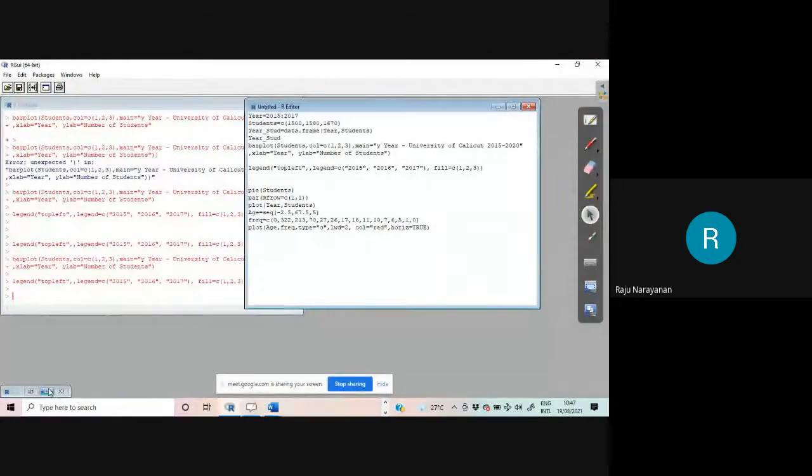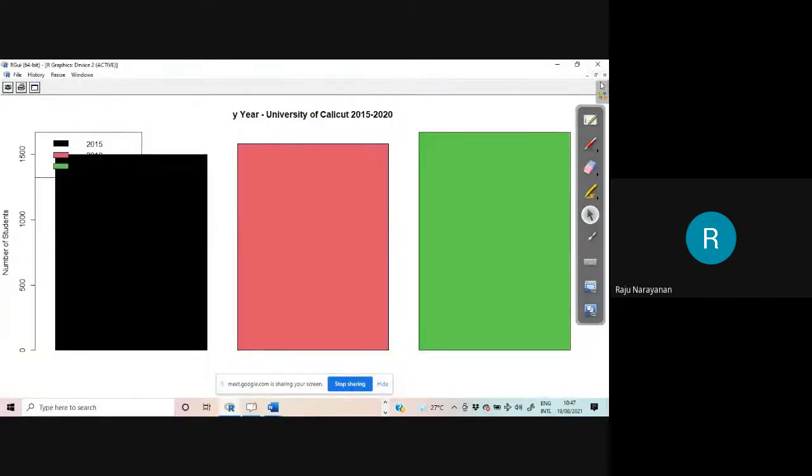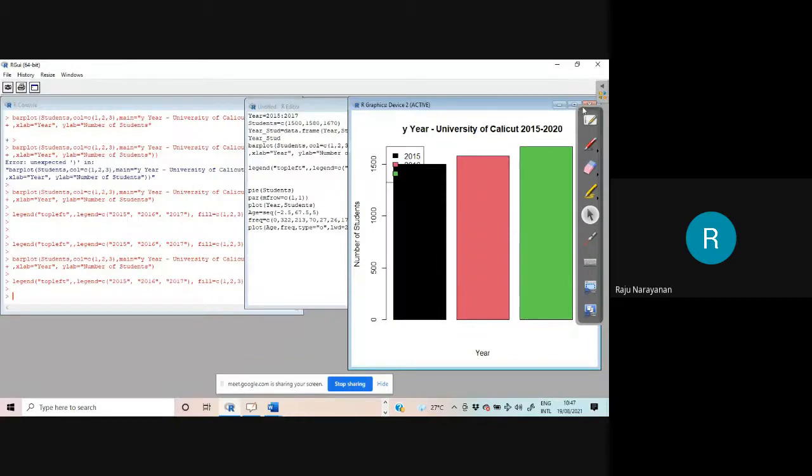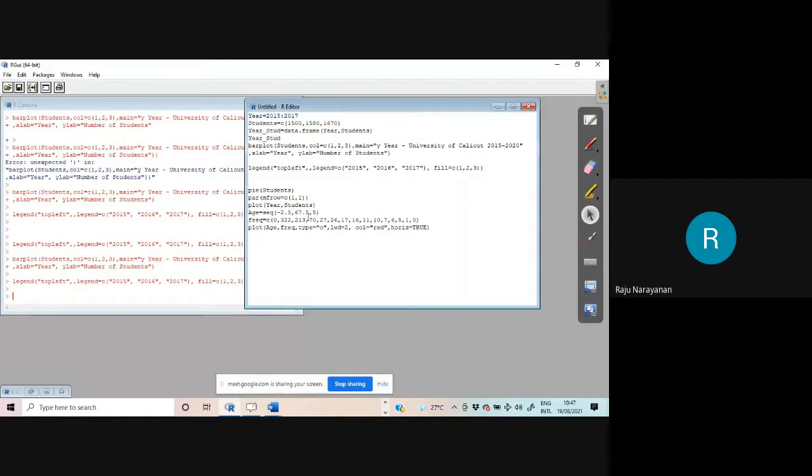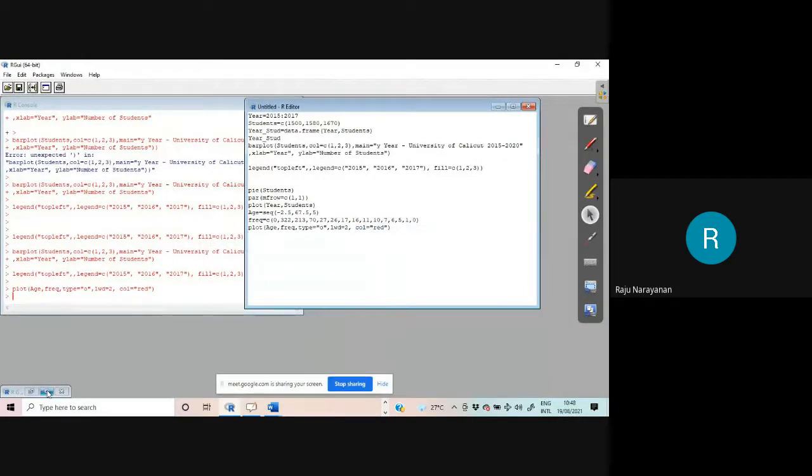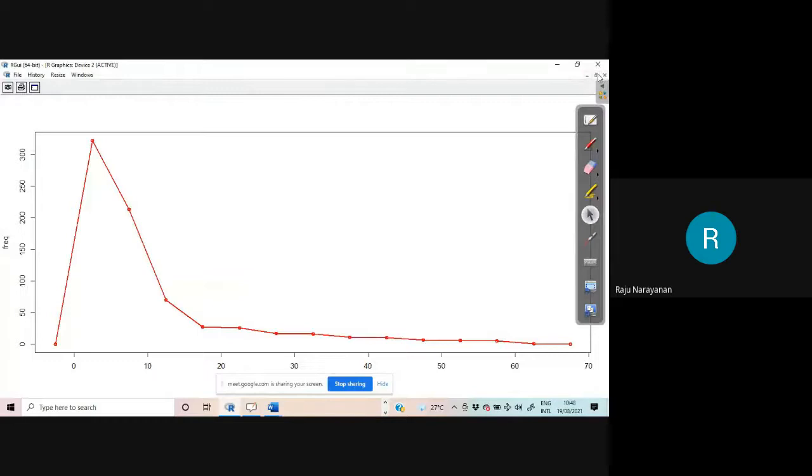Where is our diagram? Okay, this is our diagram.